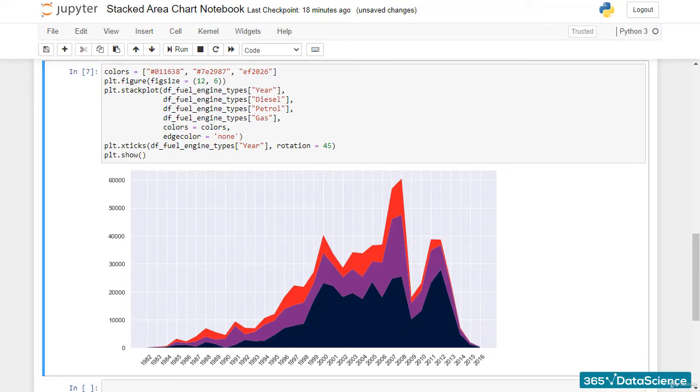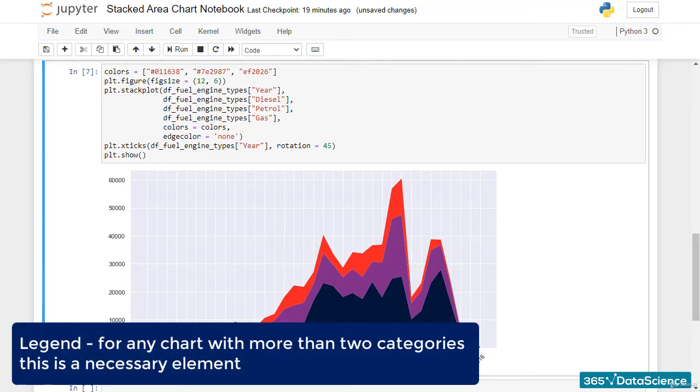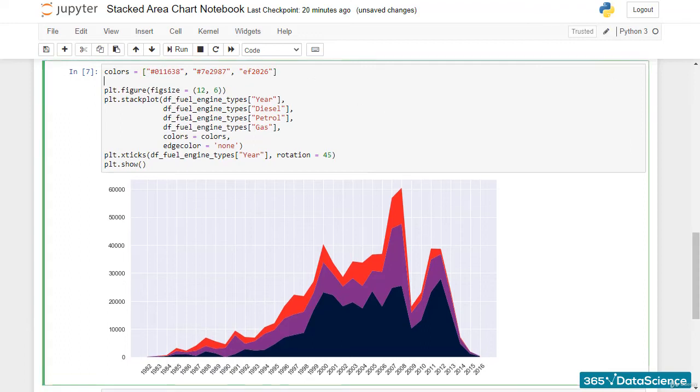The next step is to include a legend. For any chart with more than one category, this is a necessary element, and since matplotlib doesn't automatically create the legend, we'll have to walk the extra mile. Don't worry, it pays off. To add a legend, let's first add the label's names in a new variable called labels. Let's make it a list and add the fuel type names diesel,